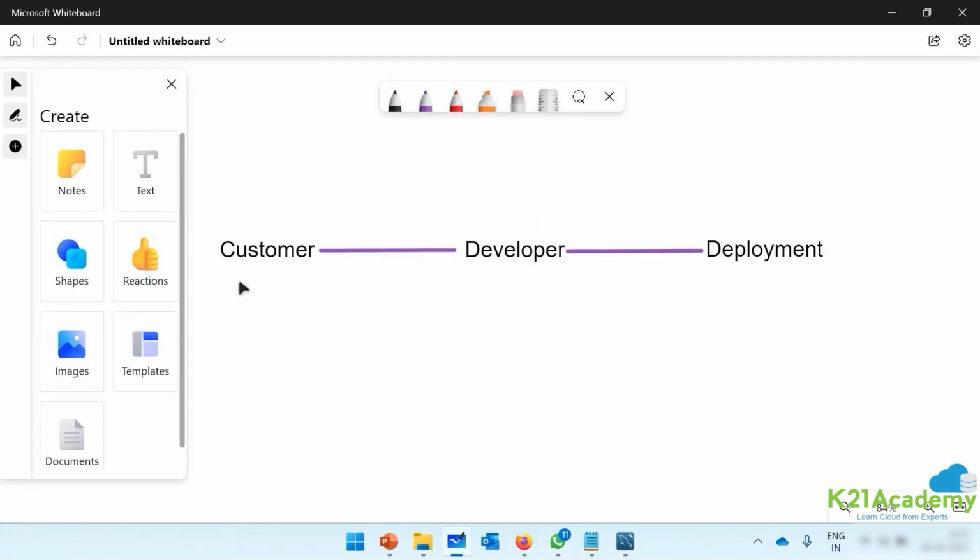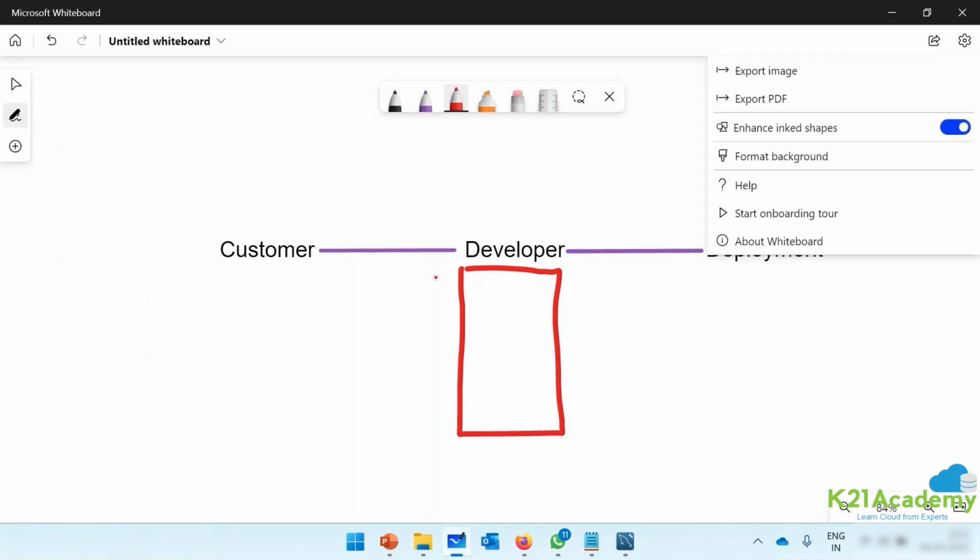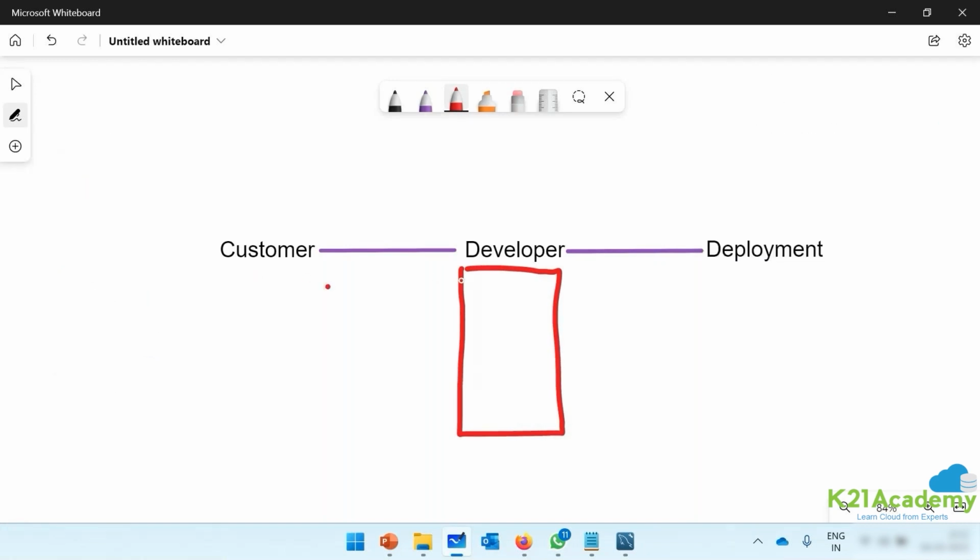Now there were major challenges in this cycle. The customer was not connected to the developer team all the time. When the developer was building the solution, they were building it based on the inputs given by the customer in the beginning. If any changes were required in the code, there was no methodology by which the customer could communicate with the development team to recommend or suggest the changes,